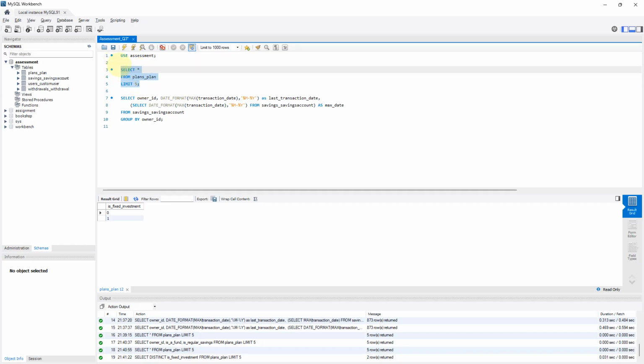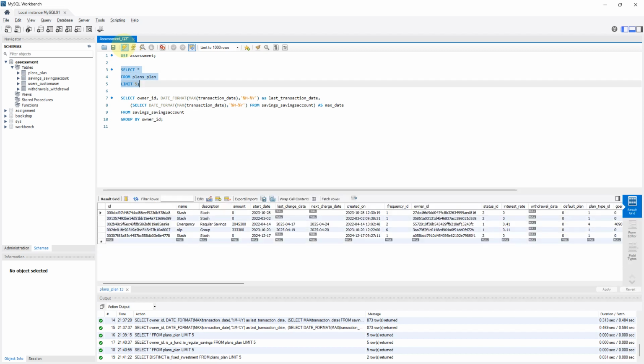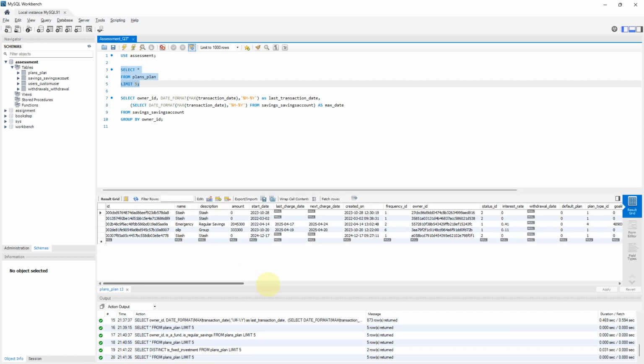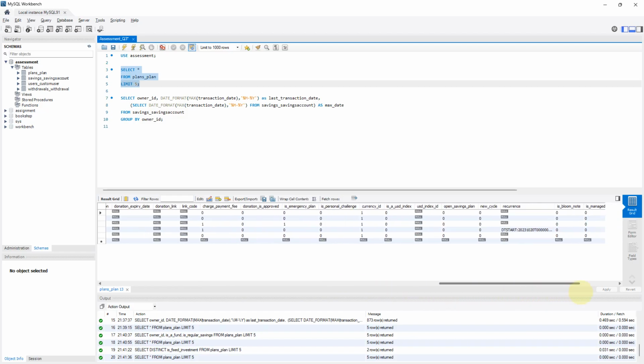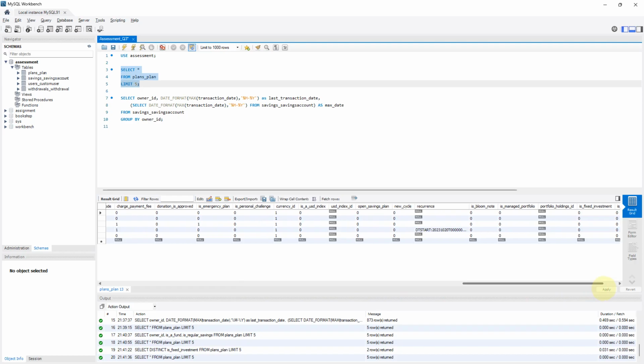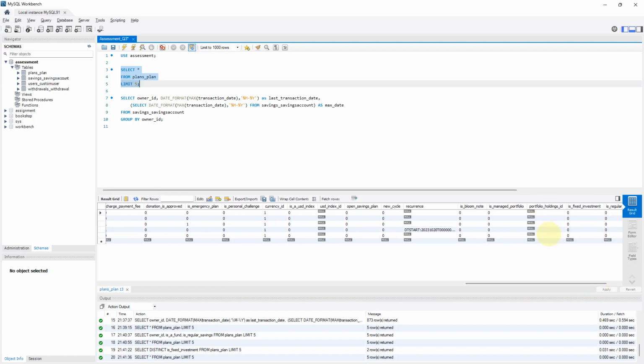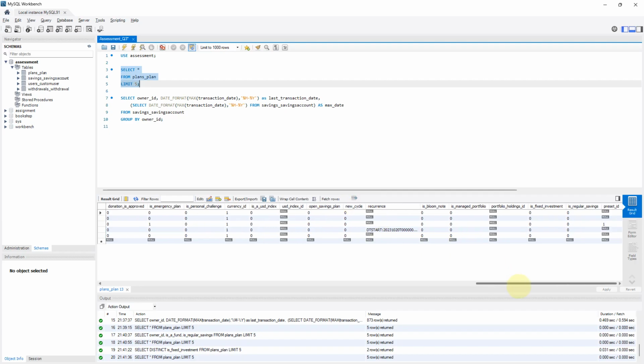So I might decide to add that as well. It will change my query. I don't know what this portfolio ID is. Manage portfolio. So, but fixed investment, regular saving. I don't know what open savings plan is, but I will just go with my guts with this specifically to add. So, what I'm then going to look for is